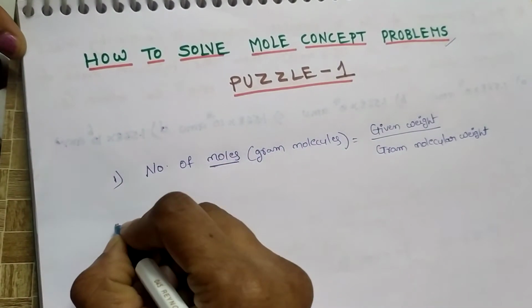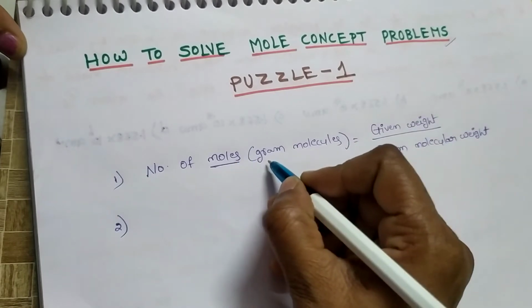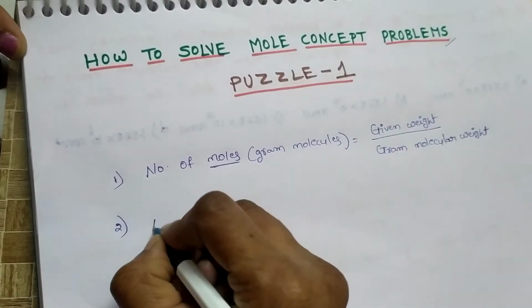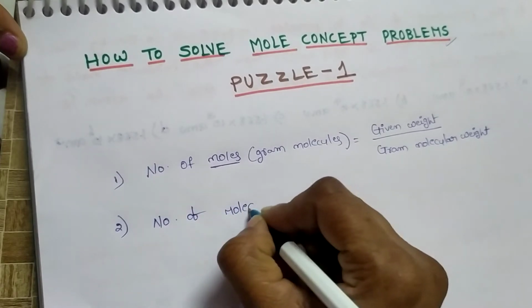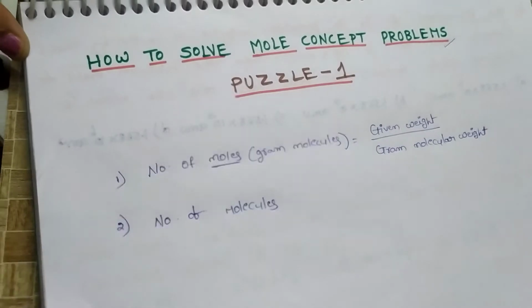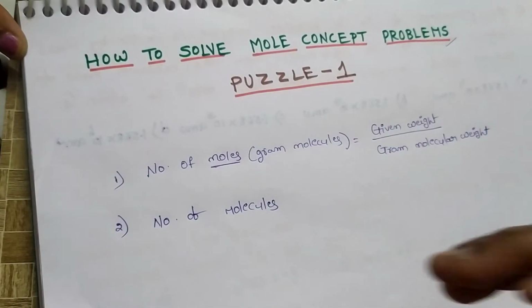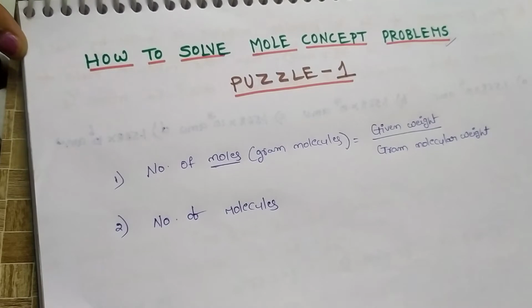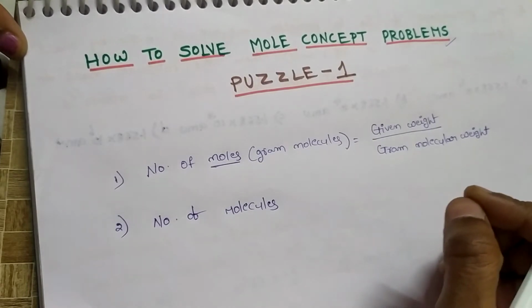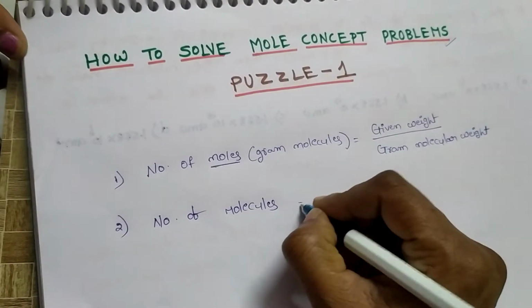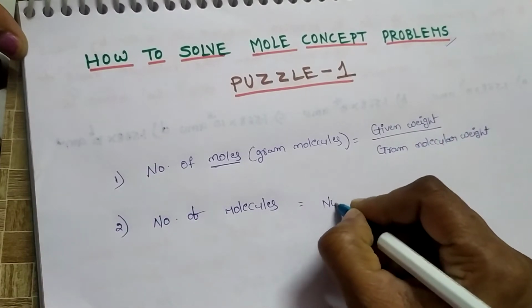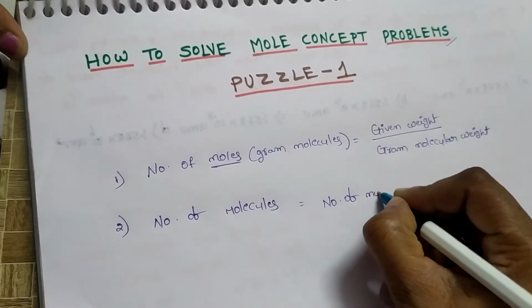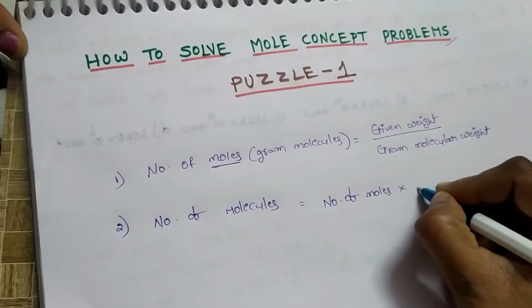Come to the second one. Number of moles means number of gram molecules. Now they ask a question based on number of molecules. Calculate the number of molecules from the given data, or calculate the weight based on the number of molecules. Such questions they will ask. So the formula to calculate the number of molecules is number of moles into Avogadro